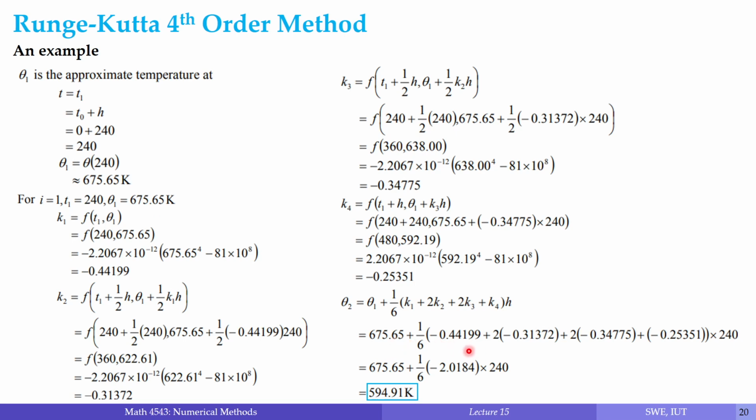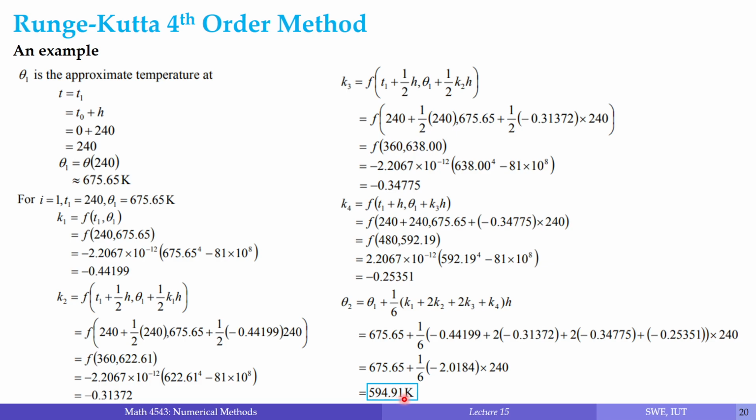We plug in our respective K values and the weight values that Runge decided after deriving them using Simpson's 1/3 rule. These are the weights and the corresponding slope values, and this weighted sum is multiplied with the step size 240. In our question, our value of h was given as 240 seconds. Now, if you perform all these mathematical calculations using a calculator, we end up with a final approximation that goes something like this: